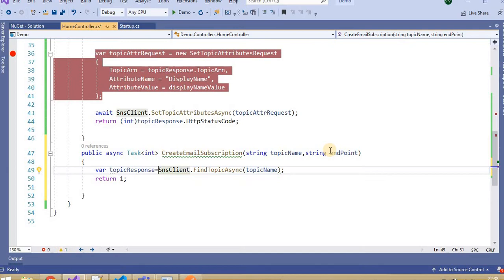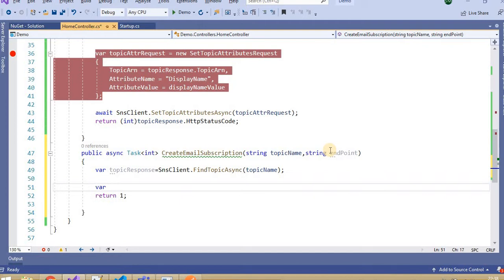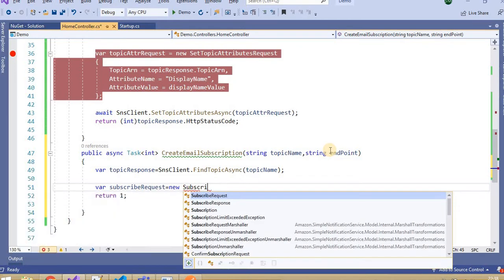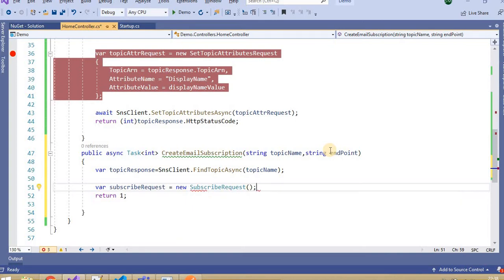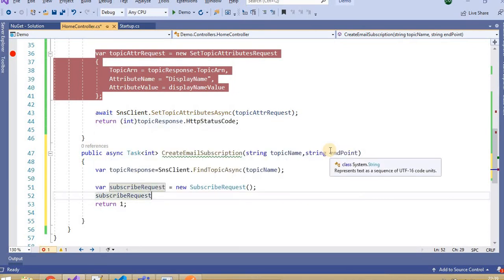Right, and after it just create one class of the subscription, that is the subscription request. To it pass the topic ARN, right?